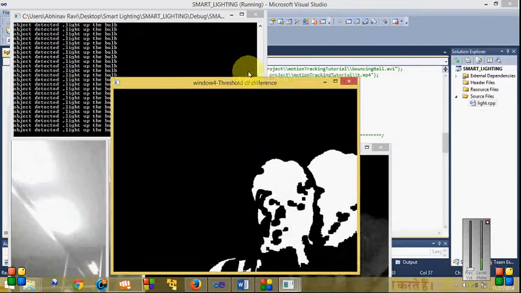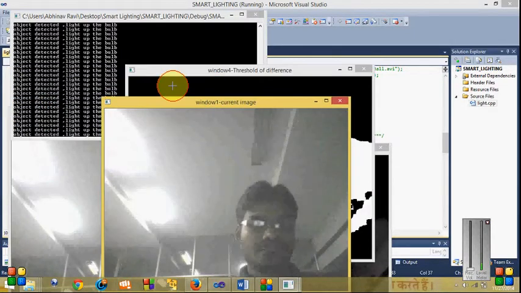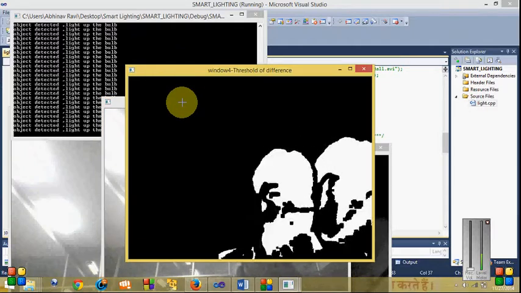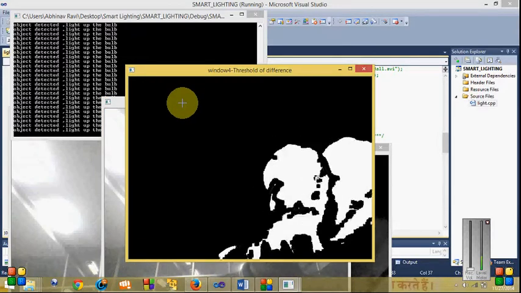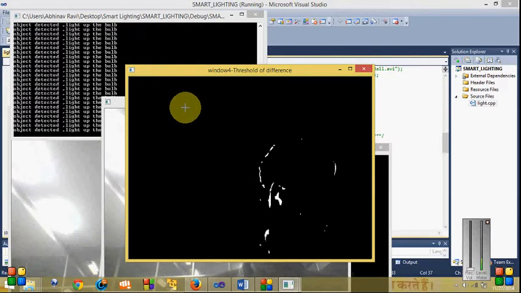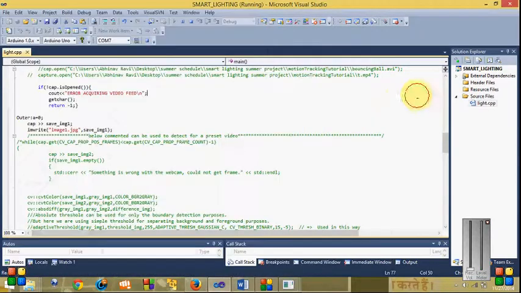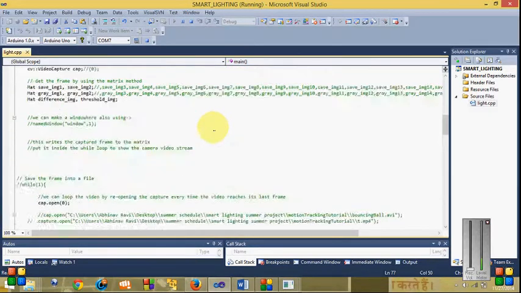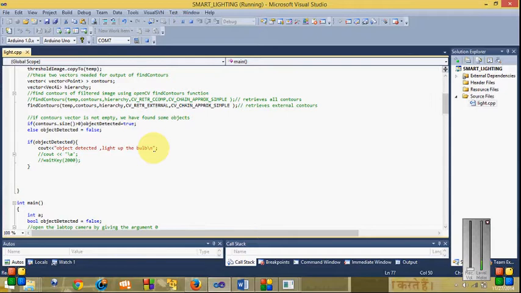And this recognition of the difference is based on the difference in intensity between the object pixels and the background pixels. To differentiate the pixels, we have assigned a value of 0 to white and 255 for complete black.